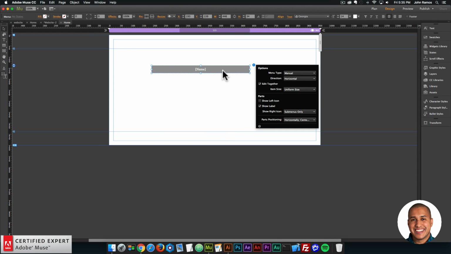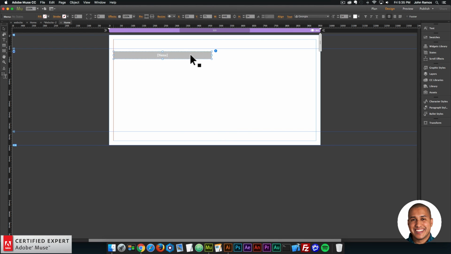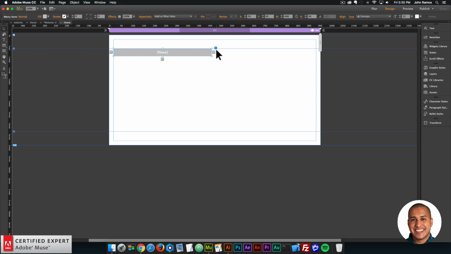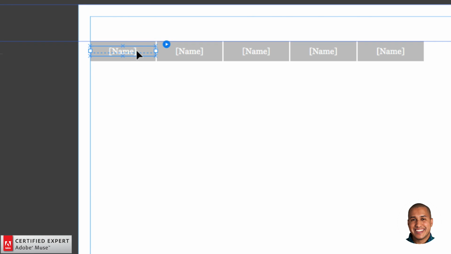So I'll zoom out here, and I'm going to add 5 menu items. So I'll just place the menu here, and to add more menu items, you just click on the menu, then click again, and then you'll notice these plus symbols appear around the menu. And so I want menu items to the right of this one, so I'll click on the plus to the right. I'll go to the next one, click on the plus, the next one, click on the plus, and the next one. And I'll just drag it out a bit more here. All right, so now I have 5 menu items, so I'm just going to go in, double click, and just change